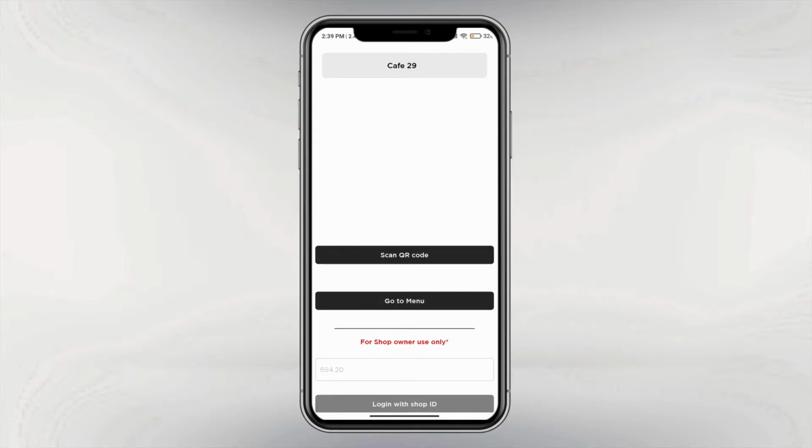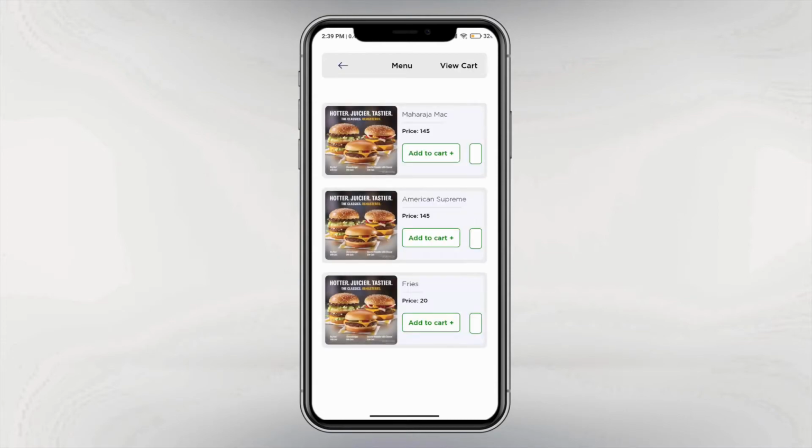After clicking this go to menu button, one menu card will be available of that restaurant. You can see there are multiple options with the price and the name of that item on these cards. We can add any item or we can remove that particular item also. We have added first and the last one.